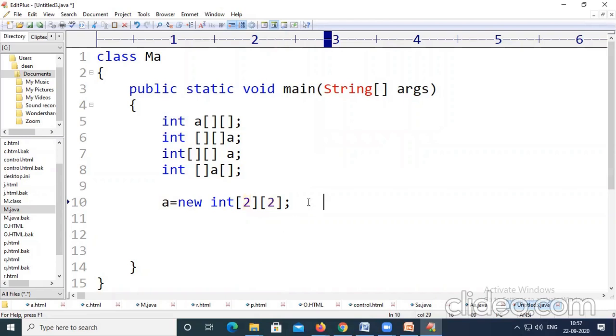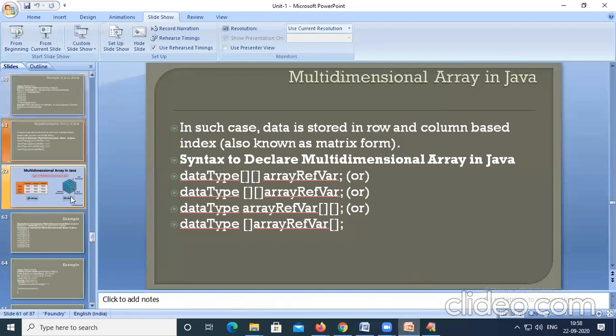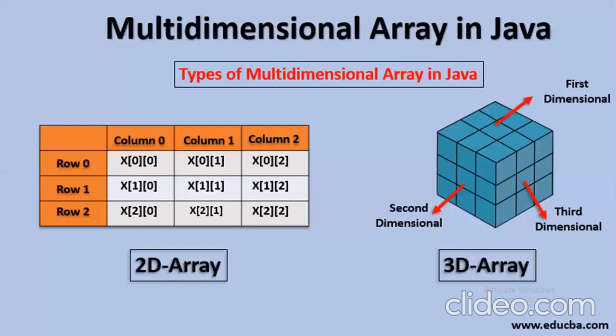After declaring arrays similar to this one, let us move to the next slide. You can see here, multi-dimensional arrays do not state only 2 dimensions. We have 2D arrays, 3D arrays, 4D arrays, and 5D arrays. If I say 2D, there will be rows and columns. If I say 3D, there will be something with a shape like this particular one.